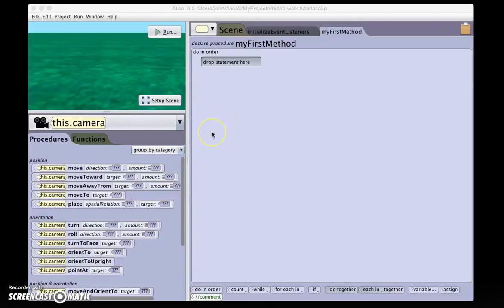Hello, here's a tutorial for biped walking. This will be very similar to what I covered in class, but in the tutorial you'll be able to go over it more slowly and step by step by yourself. I've created a grass floor,